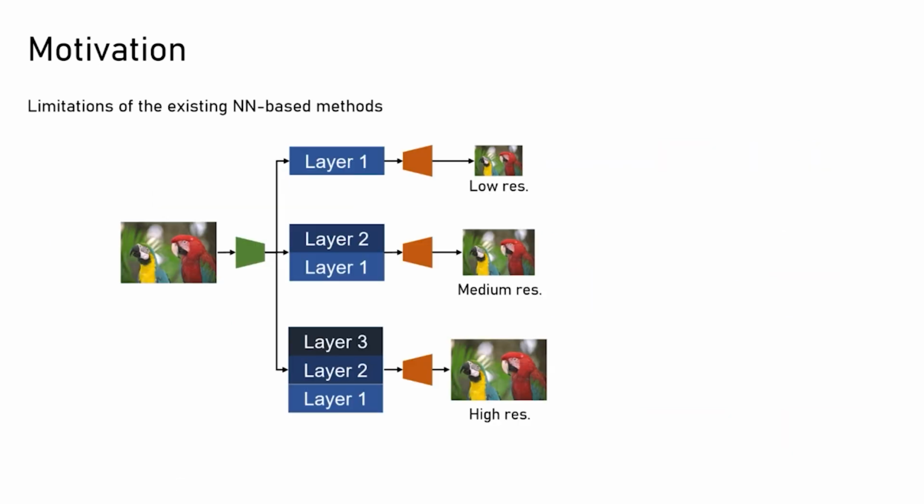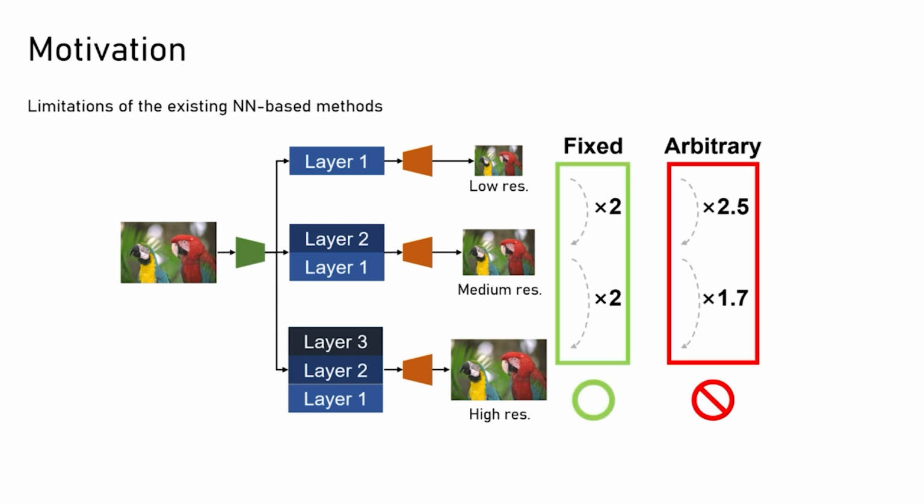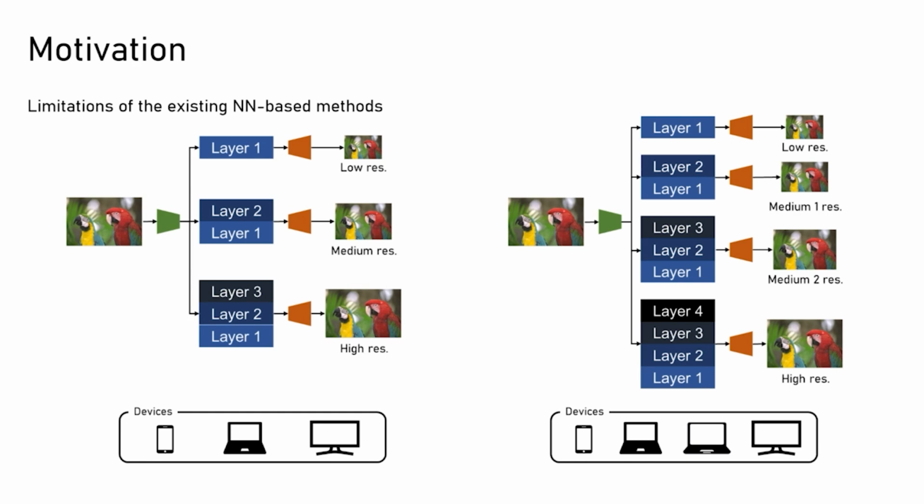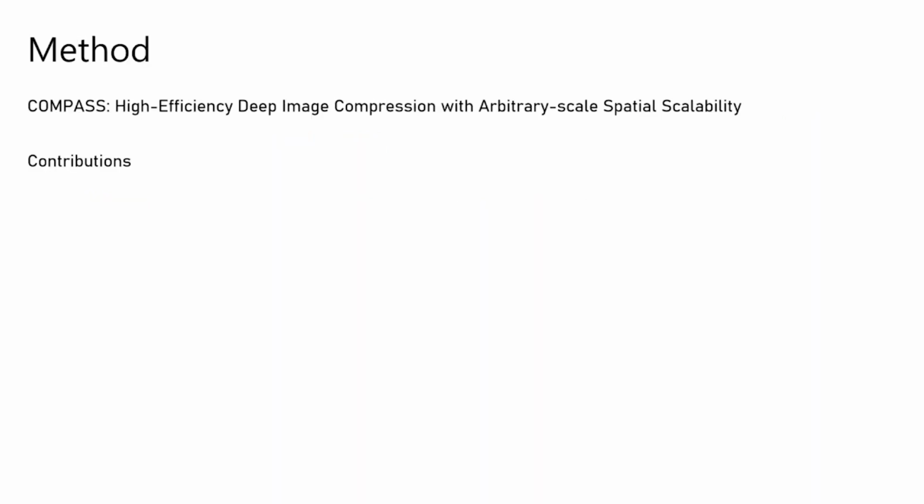However, existing neural network-based methods have a limitation. They only use a fixed scale factor of 2 between adjacent layers. This limitation makes them impractical for real-world applications that require a variety of scale combinations. Furthermore, the number of layers is also fixed, meaning we can only decode a fixed number of versions of the image. To address this issue, we introduce a novel neural network-based image compression network with arbitrary-scale spatial scalability, called COMPASS,